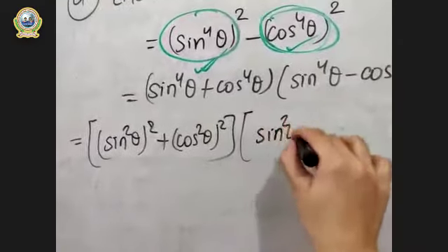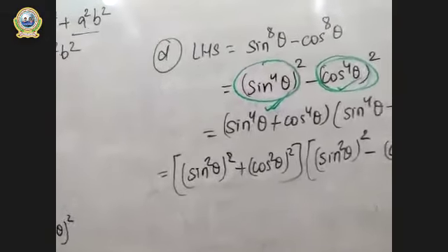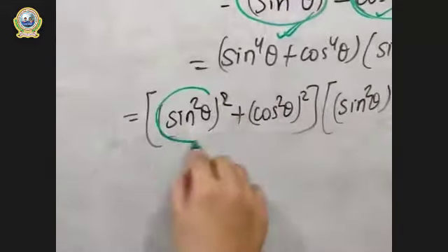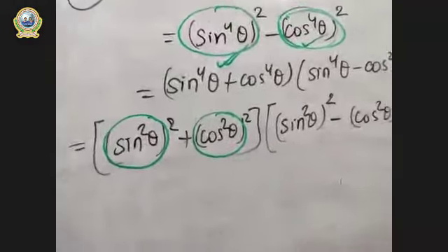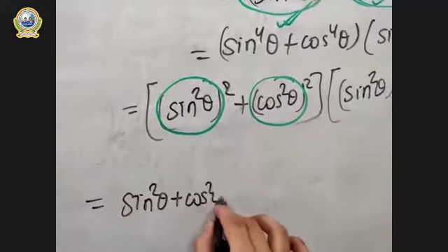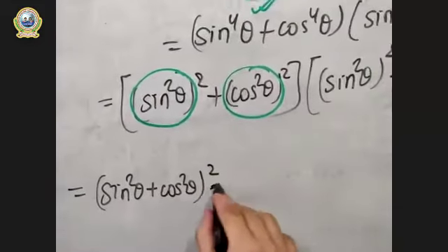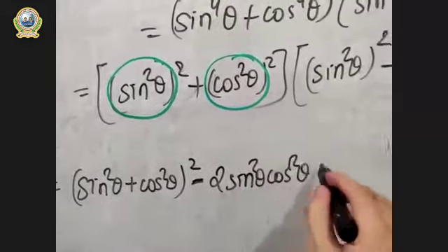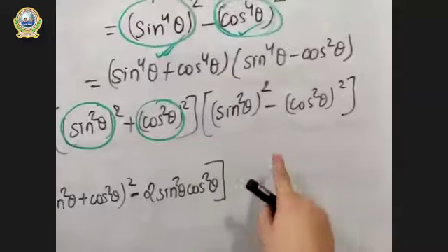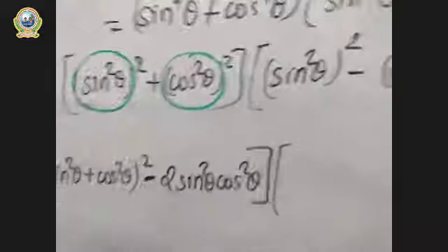Now I think you have understood the fact that we have again converted it into a format of formula, right? A to the 4 plus b to the 4 format. Now it will be, big bracket, sin square theta whole square plus cos square theta whole square, right? The 4 can be again written as 2 into 2. And for this right part, you can write sin square theta whole square minus cos square theta whole square. Are you clear up to here? You are clear, right? Is this clear?